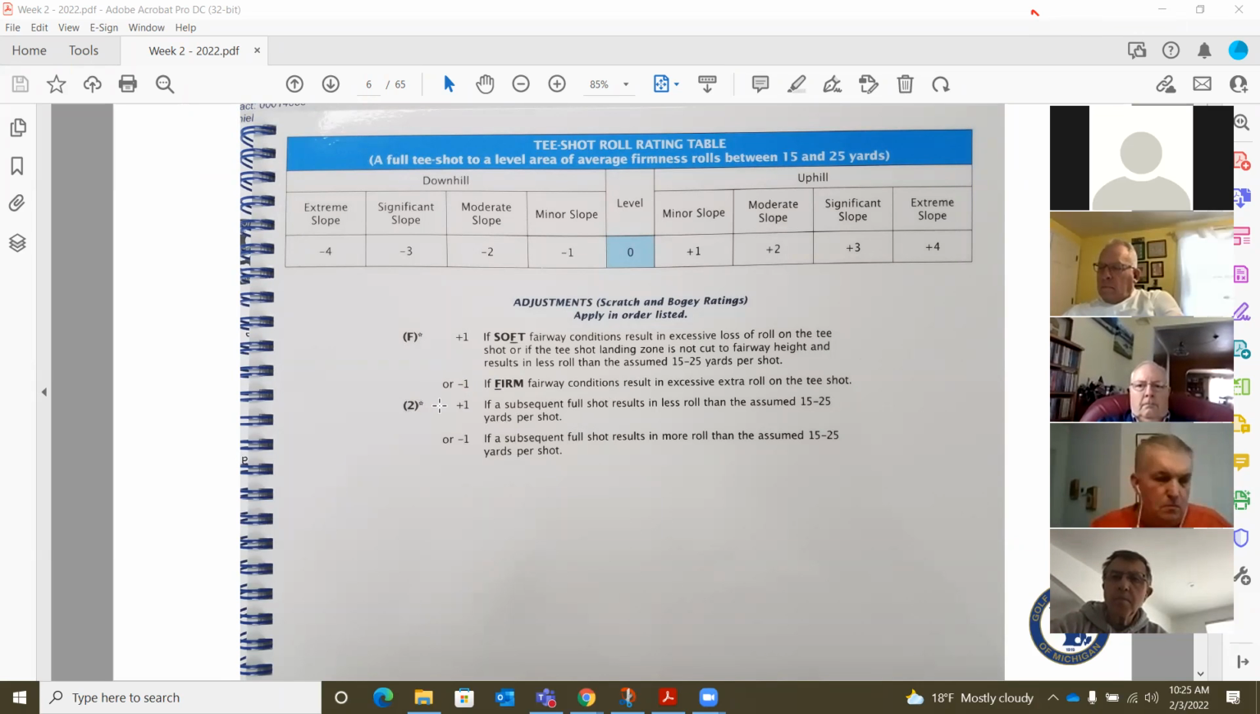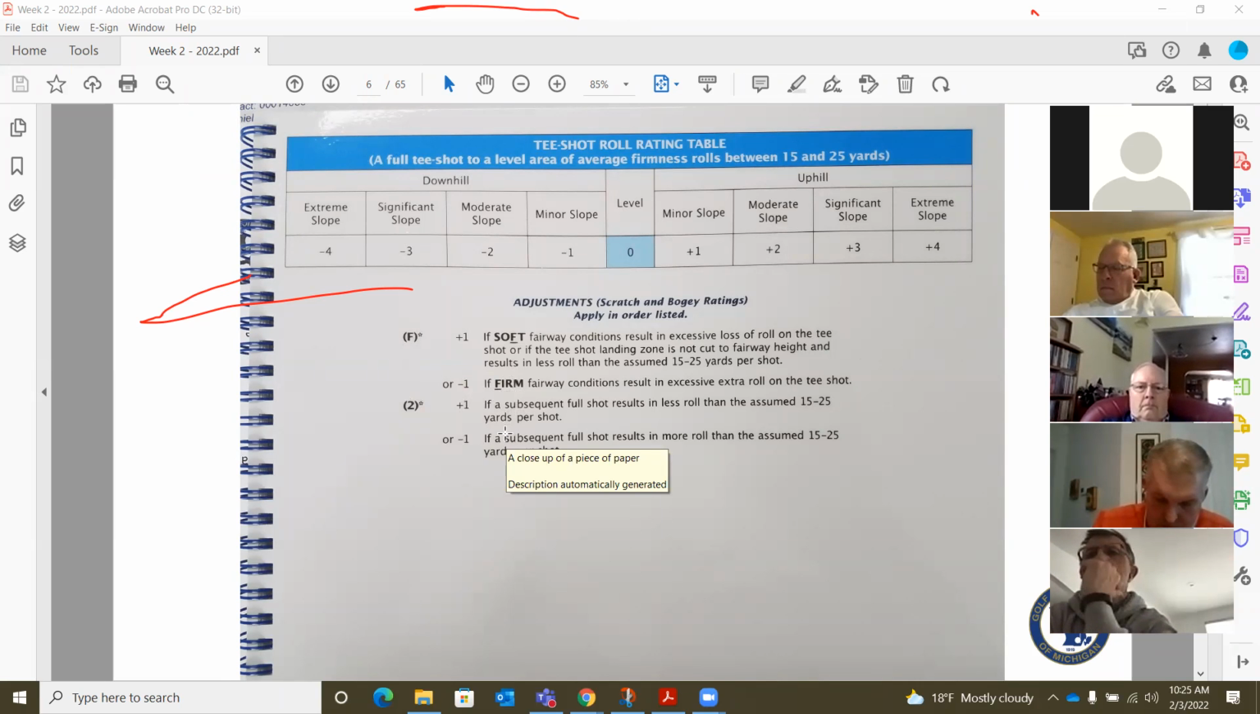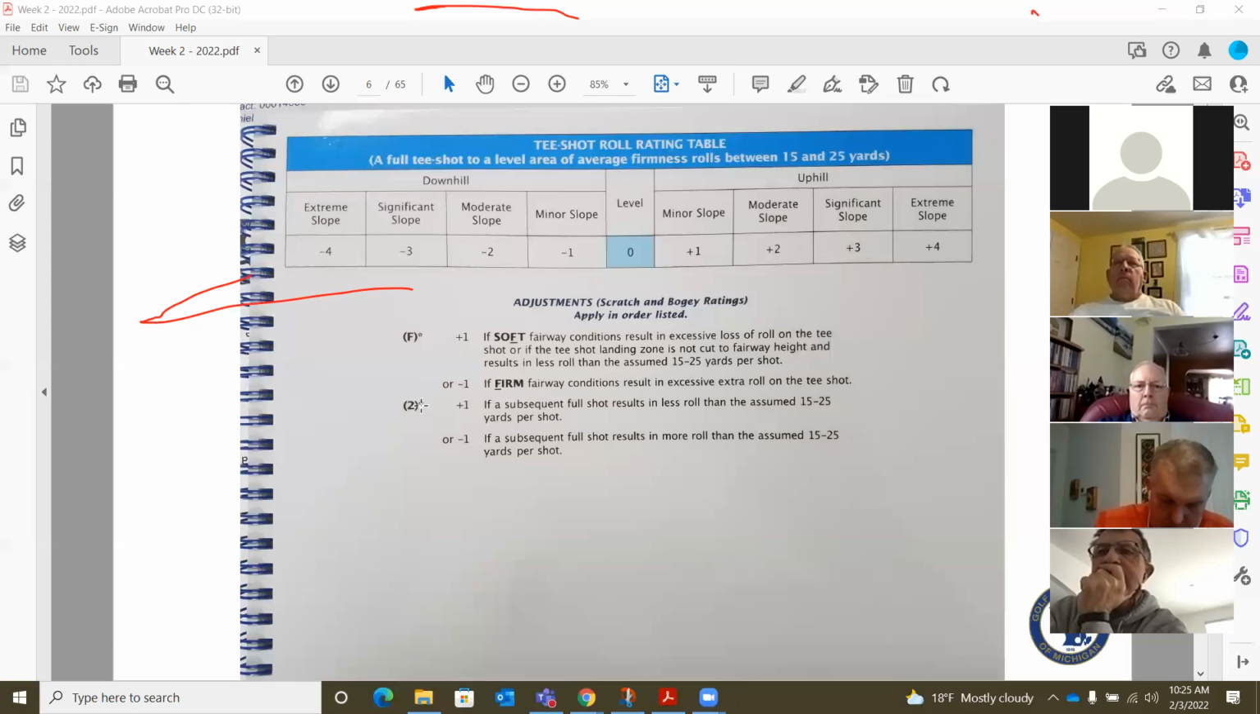So the 2 adjustment is just going to be a +1 or a -1, and it can happen any time. So maybe it's a 3-shot hole and we would have two adjustments. Sorry, it would need to be a 4-shot hole for that to happen. But it could happen multiple times because we have that little star or asterisk next to adjustment, which means